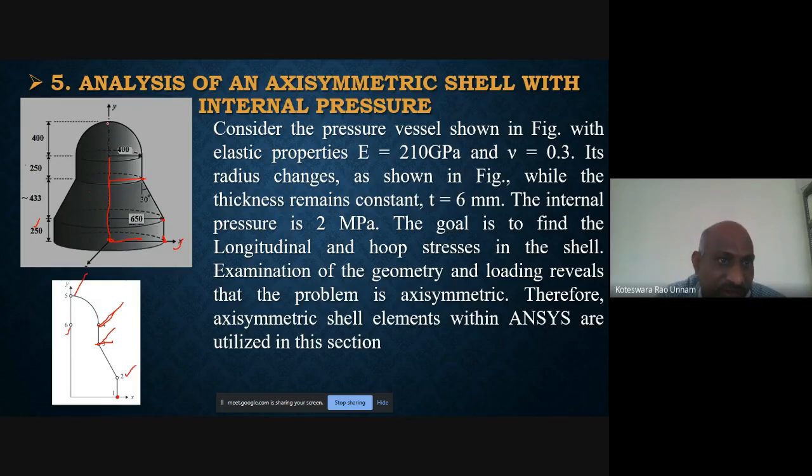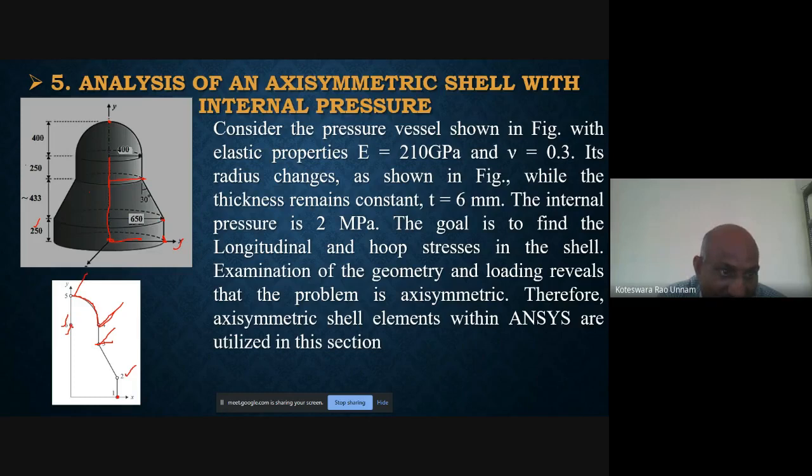For key point 5, since it is on the y axis, your x coordinate is 0, and the y coordinate should be the total height of the shell. If you add all these things, you will get the shell height, which is nothing but 1333. But here we require one more key point, key point 6. Why we require this key point is because this is an arc. To join two key points through a straight line, I require only two key points, but to draw this arc I require the center of the arc also.